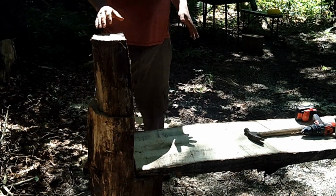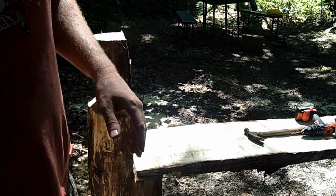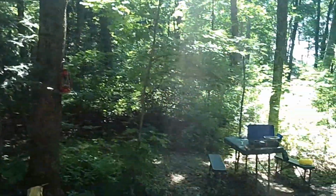Okay, so what I have done here is, if you followed the program last week, the side boards, or the logs there, were 28 inches. Now looking back on it, they need to be about 40 inches in order to do what I wanted to do. However, the 28-inch logs were just about over what my capabilities of moving and handling them were. So adding another 12 inches of heavy, thick wood, even now looking back, I should have cut them 40, there's no way I could have handled them. So cutting the logs